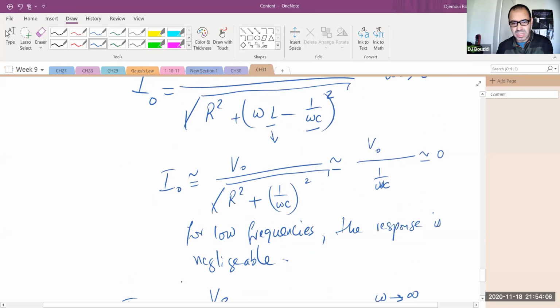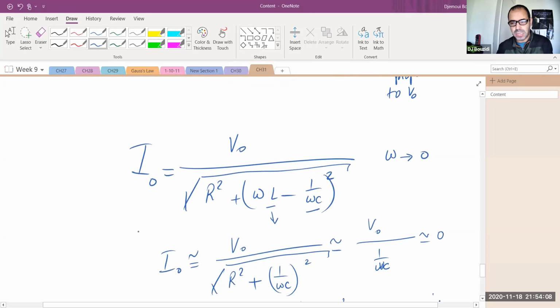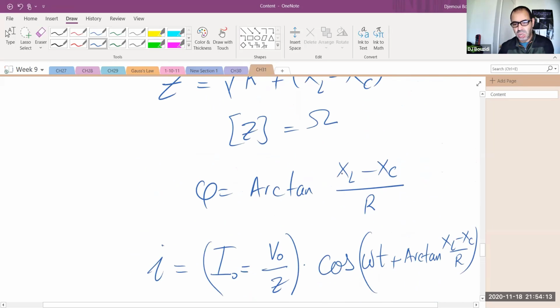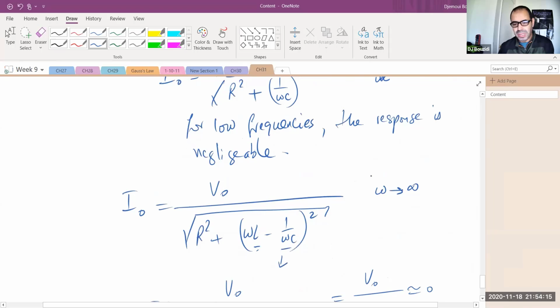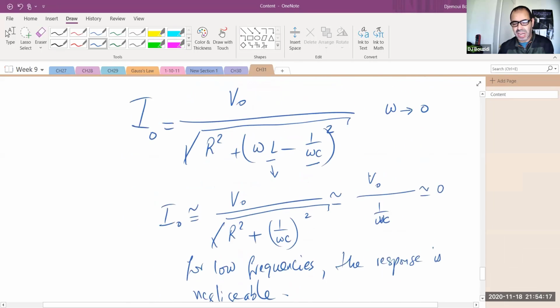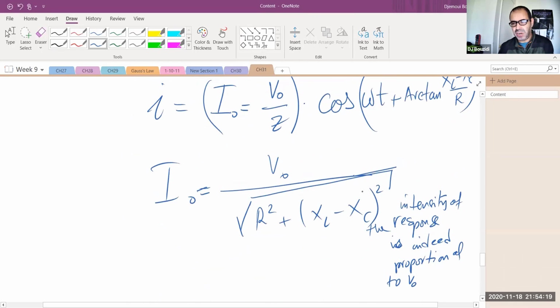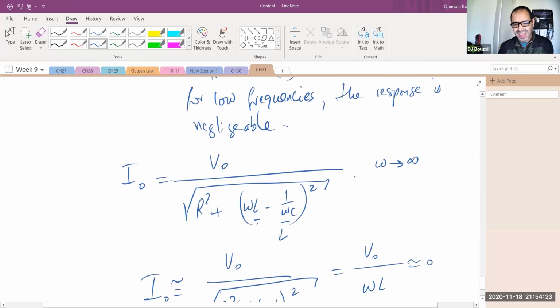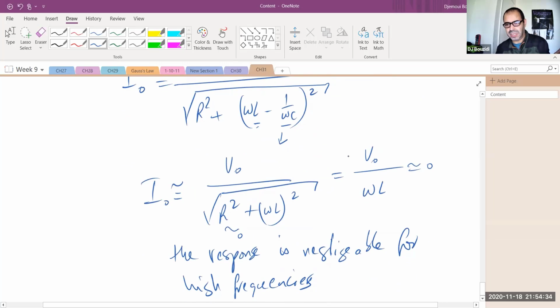The capacitor wins for low frequencies. The circuit is more capacitive. As a matter of fact, the phase now I can find. When omega is very small, it's going to be dominated by the negative 1 over omega C. So it's going to be a negative phase. For high frequencies, it's going to be dominated by the omega L because 1 over omega C will be 0, negligible. So again, in this case, the response will be ahead, because like an inductor does. Somewhere in between them,